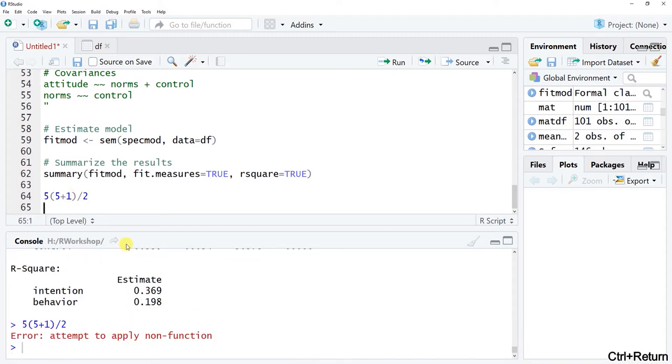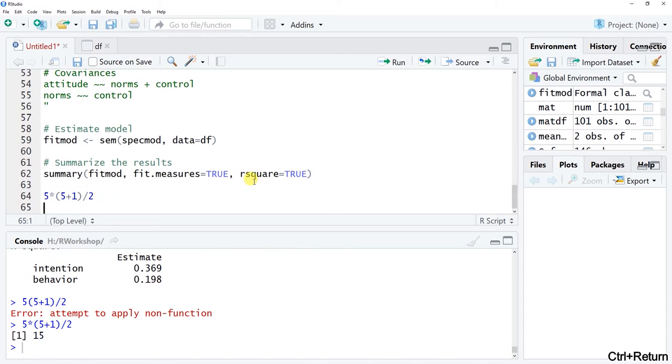And if we run that, or rather here, oops, forgot to put the times symbol there. So 5 times 5 plus 1 divided by 2, and we run that, we get 15, okay? So that's the number of unique, I'll make a note here, unique, non-redundant sources of information for our model,